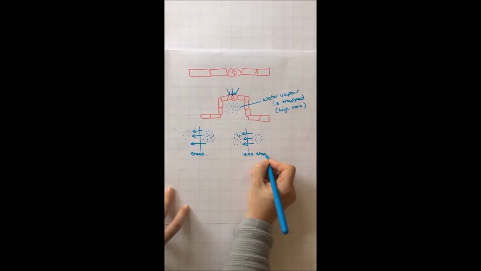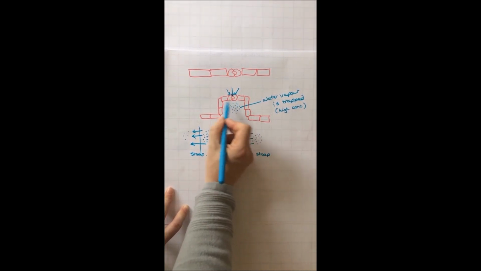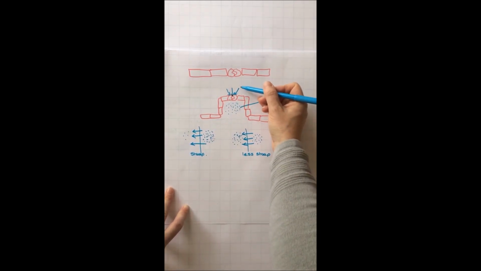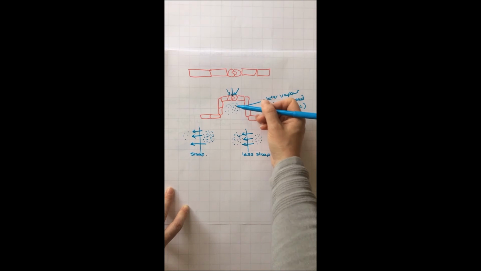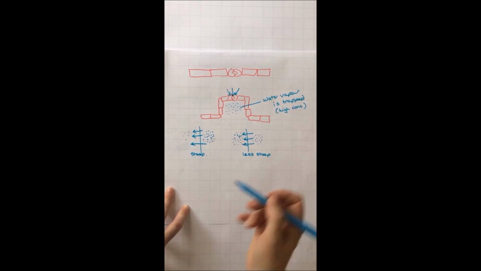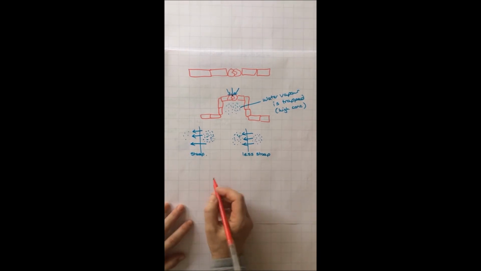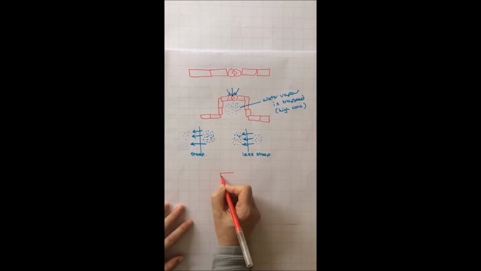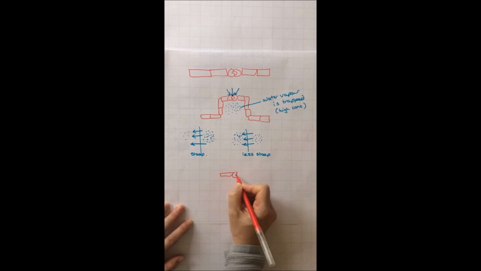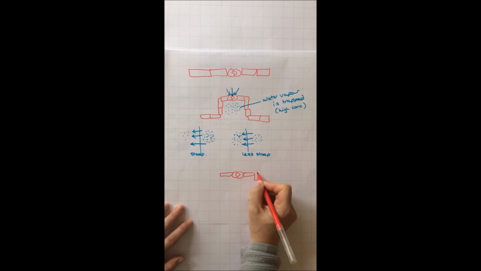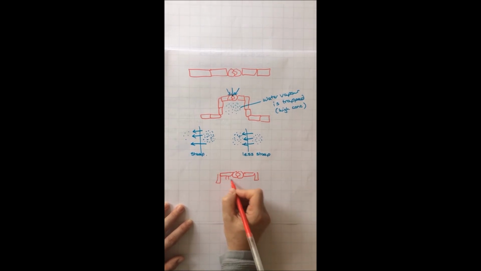So by accumulating water vapor just outside the stomata, just outside the leaf, it means that less water vapor is lost from the leaf. The other thing that plants also do, and some cacti do this as well, is that they have little hairs around their stomata. So again, they still might have their sunken stomata or stomata in pits, like in the example above, but they also have little tiny hairs here